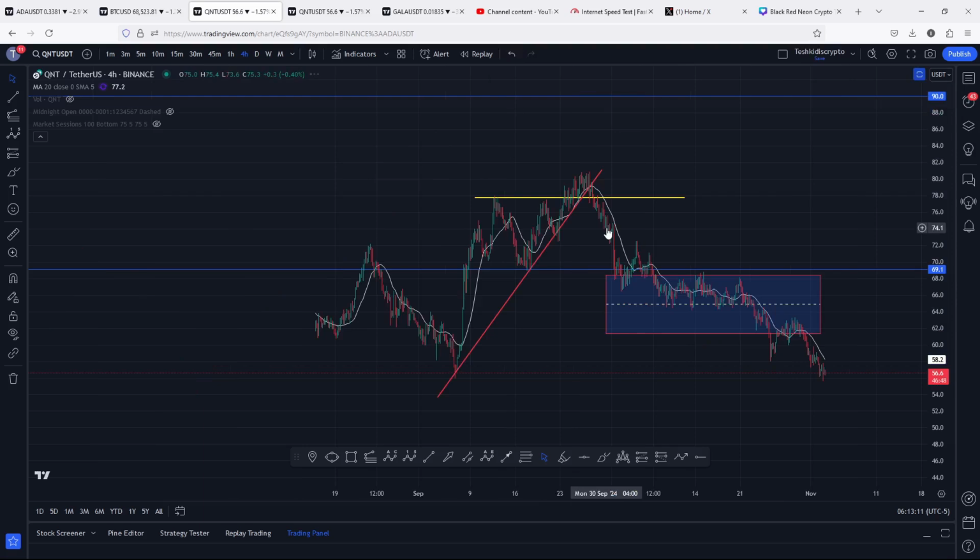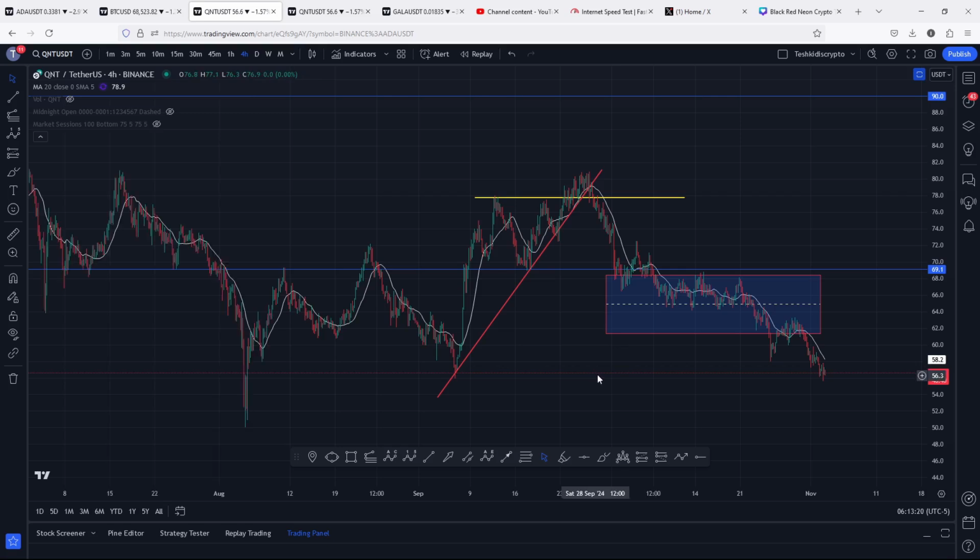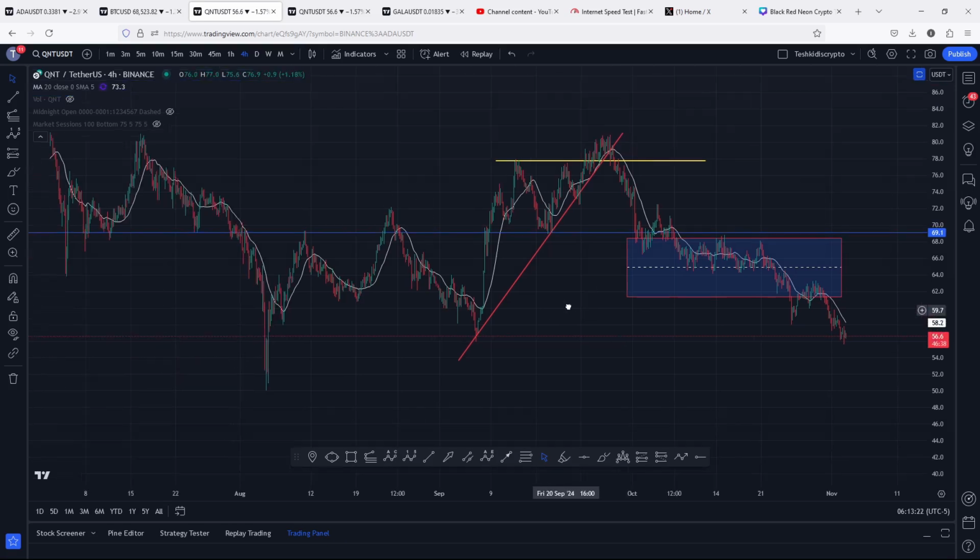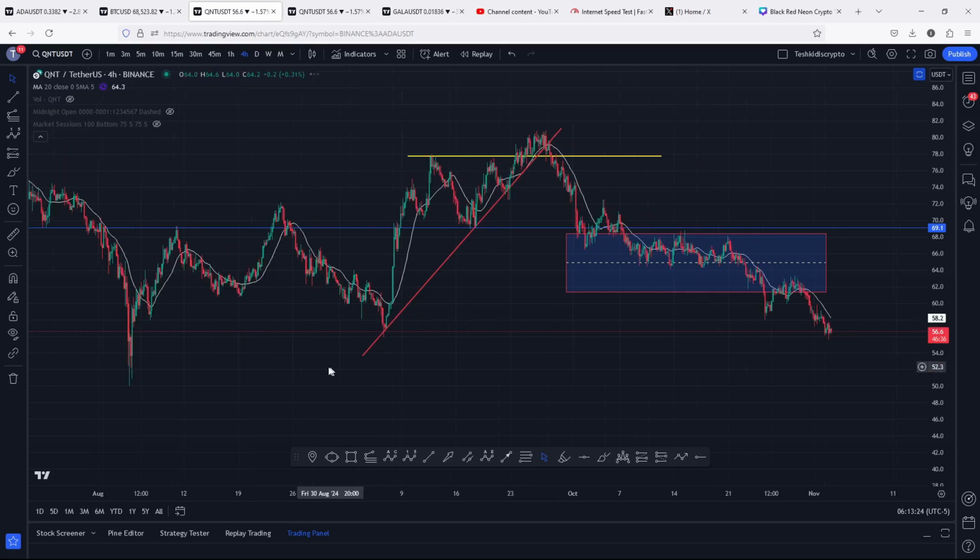And that means that in the next coming hours there are very high chances that we are going to continue seeing further breakdown moves. And I have my next target area for this breakdown move at the lows that we made on the 5th of August, and that is at the $50.2. That is the next target area that I'm watching out for this breakdown move, because the alternative scenario is that